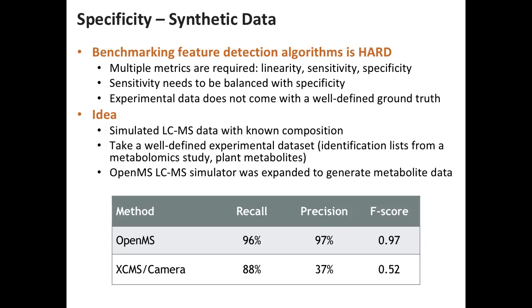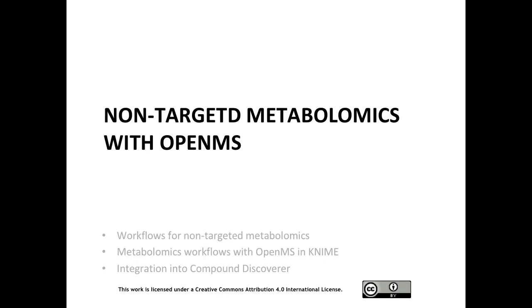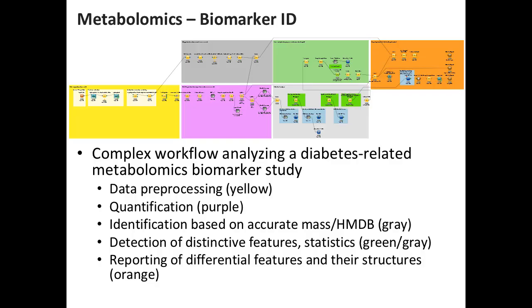And at least on the synthetic data, and I will not get into this debate of simulated versus real data, on the synthetic data at least we could show that the recall and the precision of the OpenMS feature finder is above 96%, which is quite decent. And we actually see that XCMS here has a lower sensitivity, so it does indeed find fewer things, and that is what we are quite happy with. We started believing our results, even though still there might be some issues. Now, how does it look in OpenMS or in KNIME?